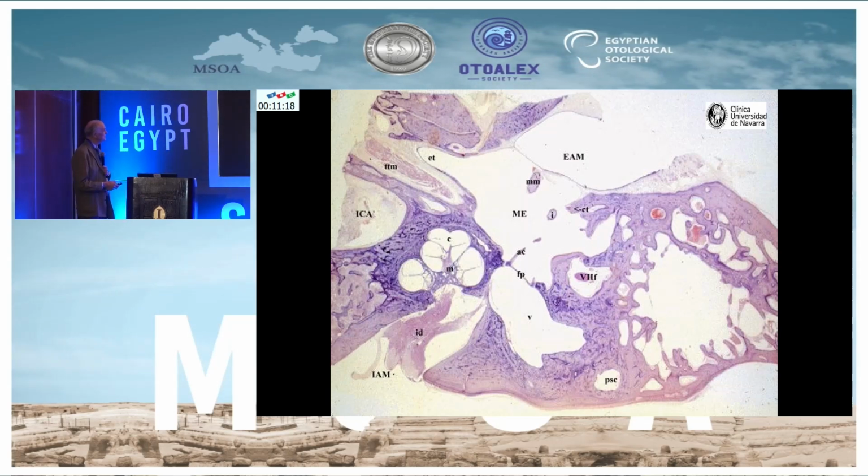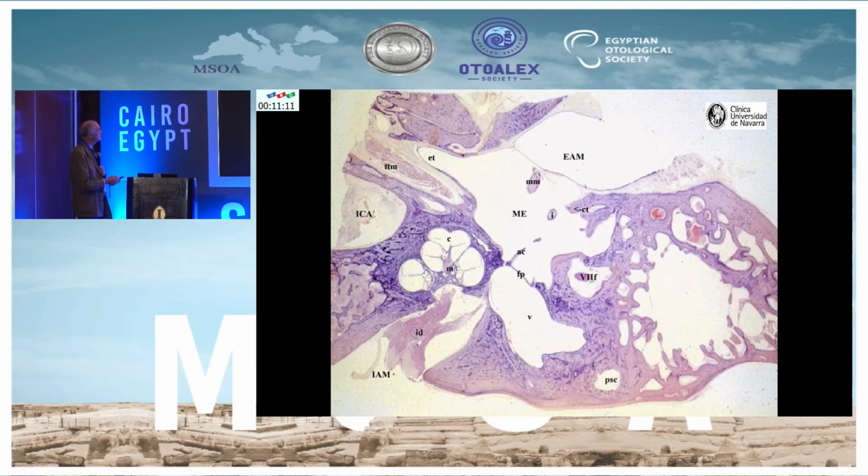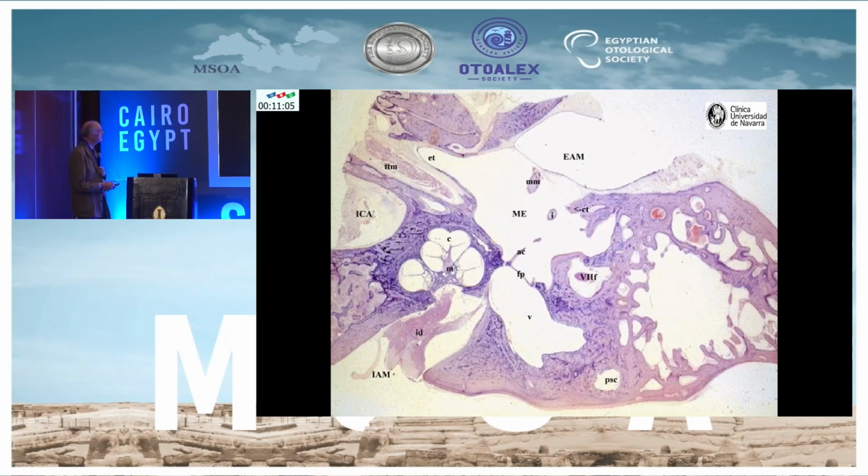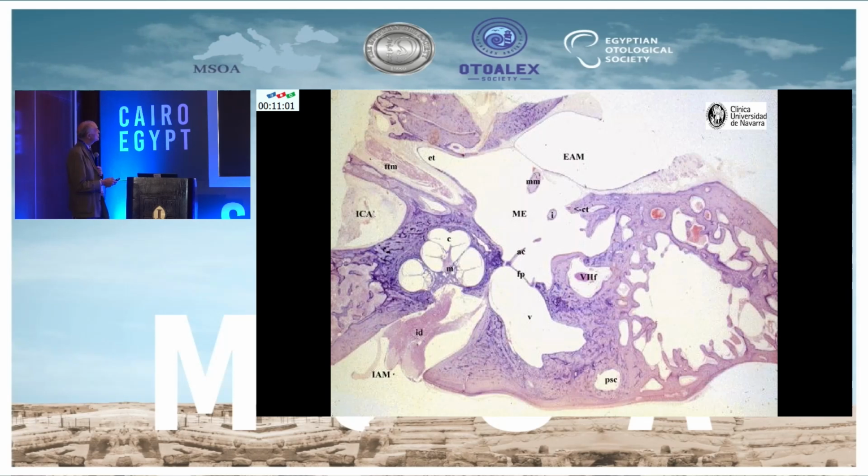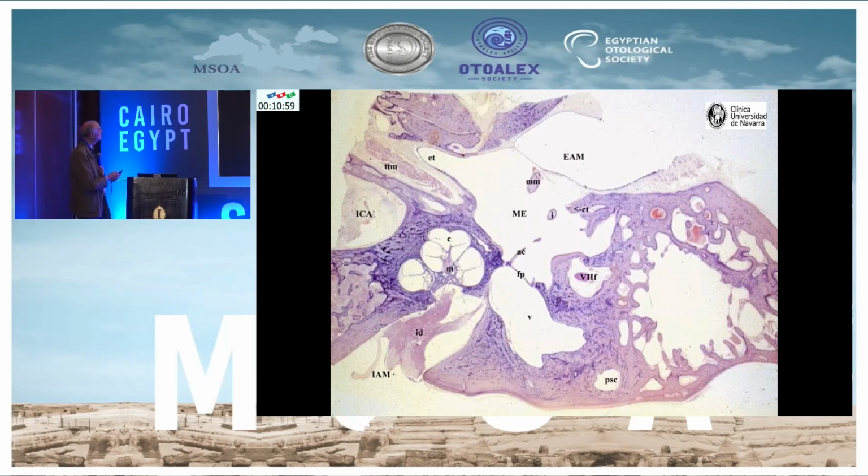We can observe the footplate, the vestibule, the middle ear space with the handle of the malleus. This is the incus. You can observe in the lateral wall of the tympanic cavity the facial nerve, the chorda tympani, the Eustachian tube, the relation of the Eustachian tube and the